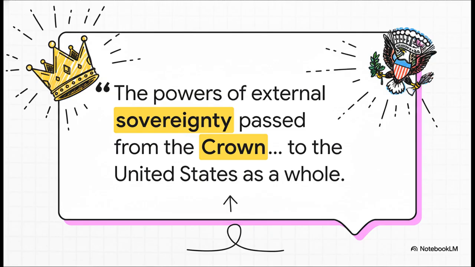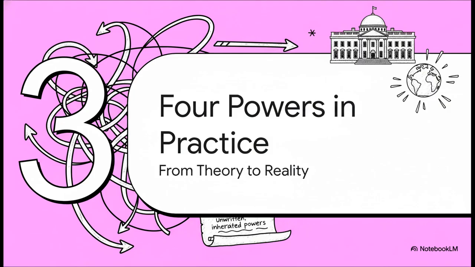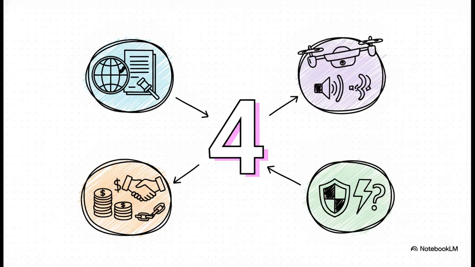Pretty incredible, right? So that's the theory, that's the legal history, but what do these powers actually look like when they're put to use in the real world? Let's check out how this abstract legal idea turns into actual presidential action. And this is where it gets really concrete. Our source material does something pretty rare here. It gives us an actual list of these supposedly unlisted powers. This is where the idea stops being abstract and becomes totally real.